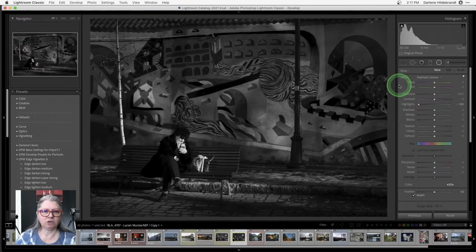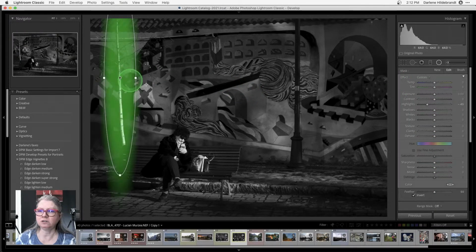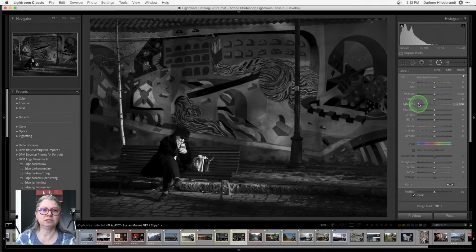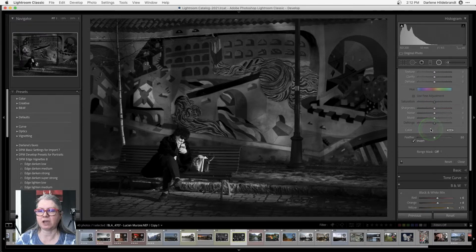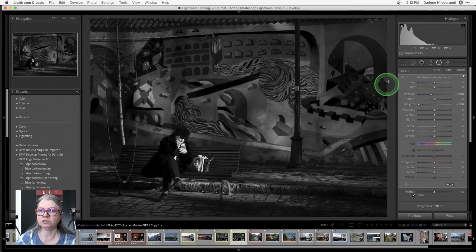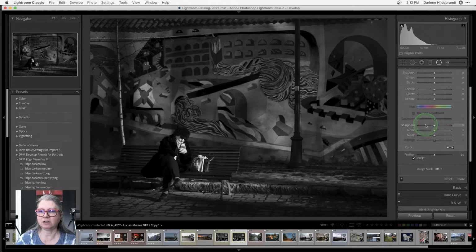And I think I might go and darken the tree a little bit more because now the tree is really standing out. Right? Now what I can do is I'm going to show you a little trick here. Okay, so I want this tree to be a lot darker, but I don't want to darken the stuff around the tree, and you can see that it's darkening the wall also. If you're using any of the local adjustment tools, you can turn on what's called a range mask. So scroll down until you see this here. So I'm in the tool adjustments, okay? I'm in the masking area.